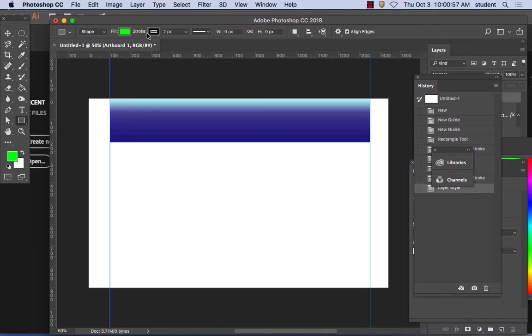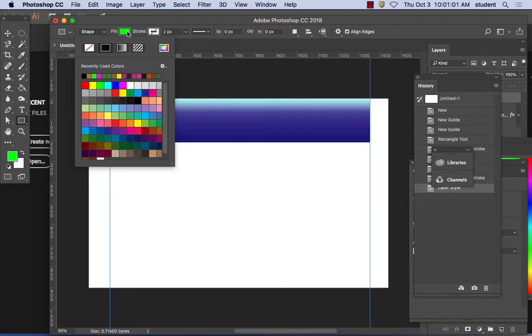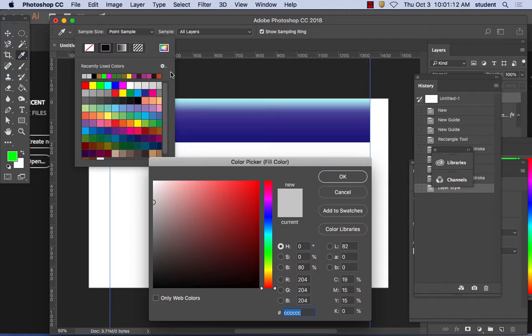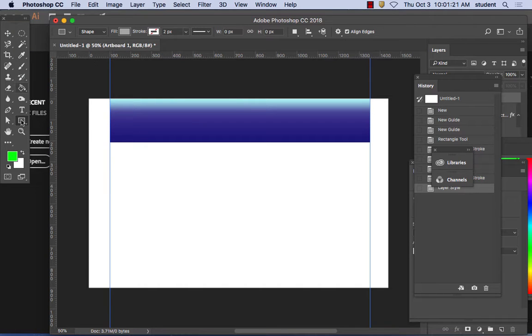Again, I'm going to use no stroke, but a gray inside. If I click on the fill box here, you can select one of the grays. I'm just going to do a kind of dark gray. If you want to make your own color, you click on this little box right here. Or you can also change it later, and I will show you how to do that with the effects. Remember the effects that we were doing? So I'm going to use a rectangle tool, and again, we're going to put in a box, and that box will say,